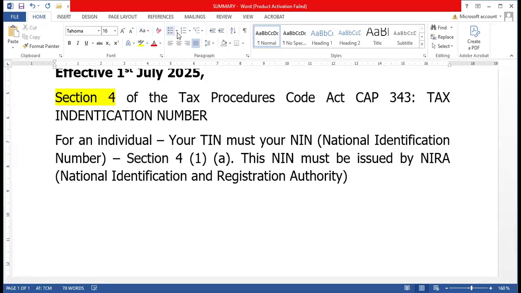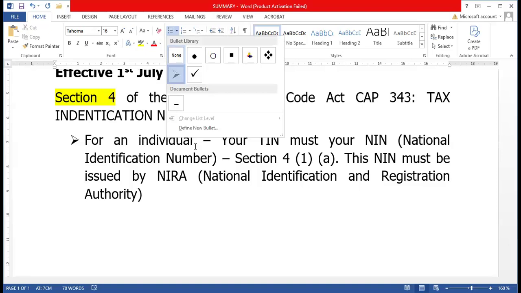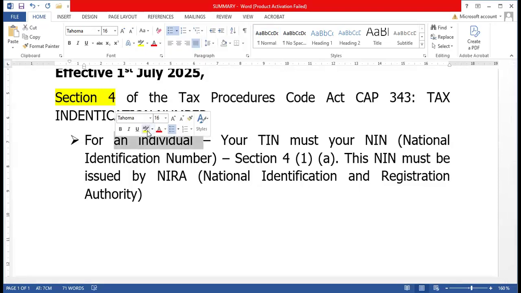If you're planning to get your TIN as an individual, remember, an individual is a natural person for tax purposes, the one who was created by God. So your TIN must be your NIN in Uganda. Then for non-individuals,